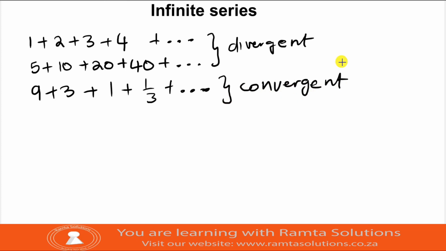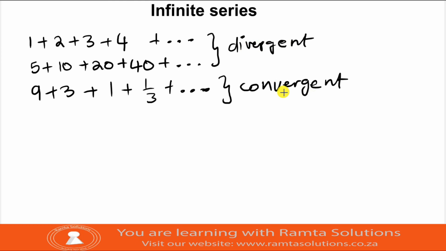So maybe let me put it in better terms. A divergent series is one that does not get closer to a certain number as the number of terms increases, right? But a convergent series gets closer to a certain number as the number of terms